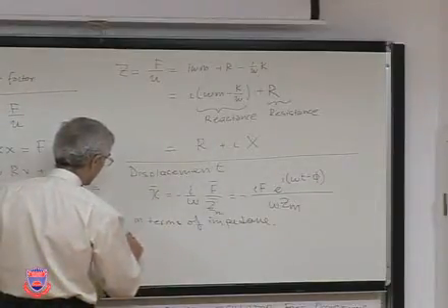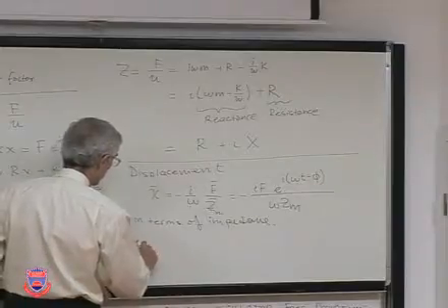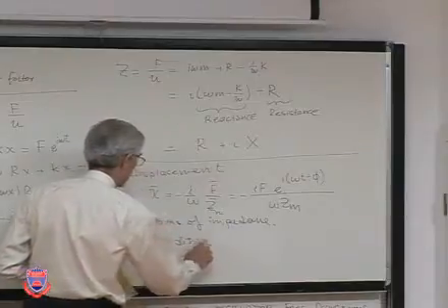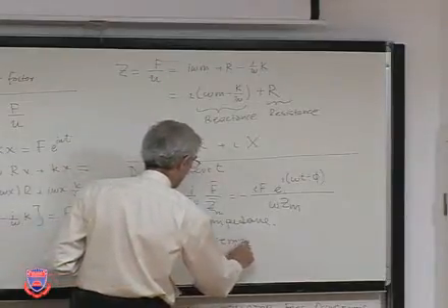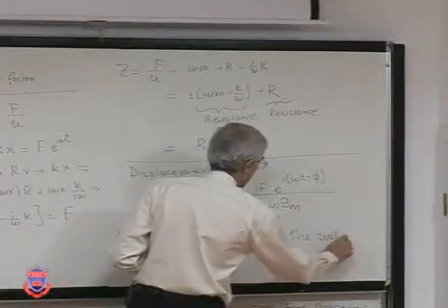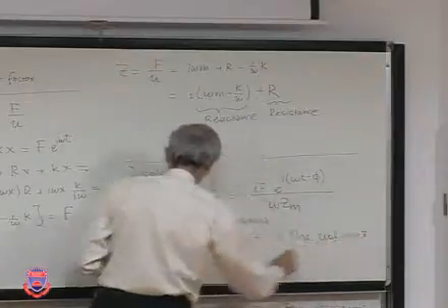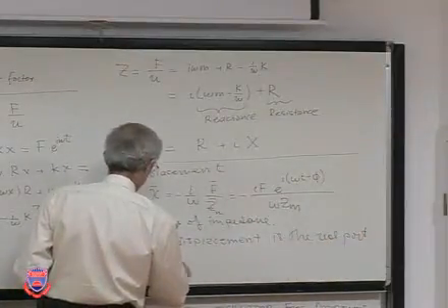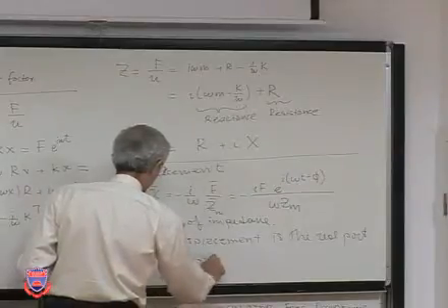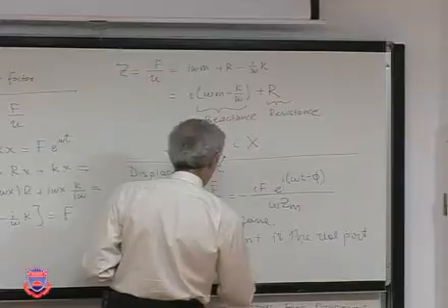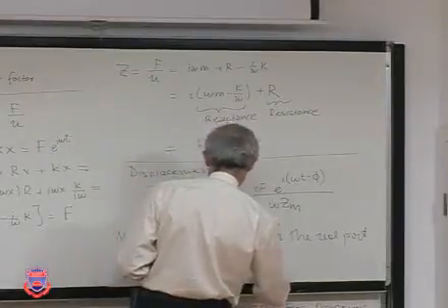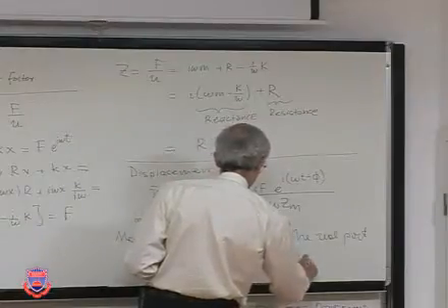The measured displacement is the real part. So we say X is the real part of X. And from here, you can see, let me write it first and then we can discuss it. Sine omega t minus